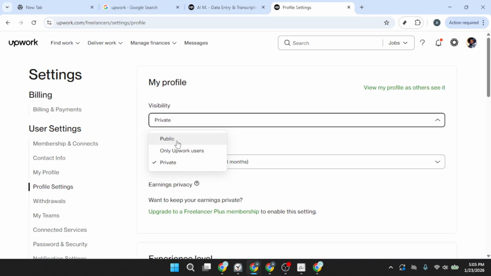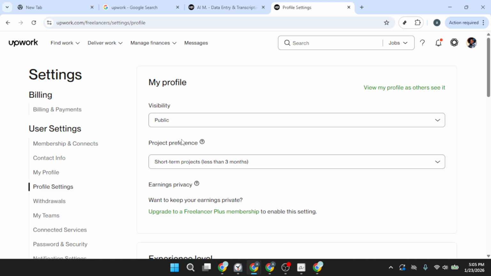Choose Public from the list. As soon as you select it, Upwork will save your choice automatically, so there's no separate save button to press. You may see a brief confirmation indicator showing that your changes were applied. After a moment, your profile is now publicly visible, which means potential clients outside of your current network can find